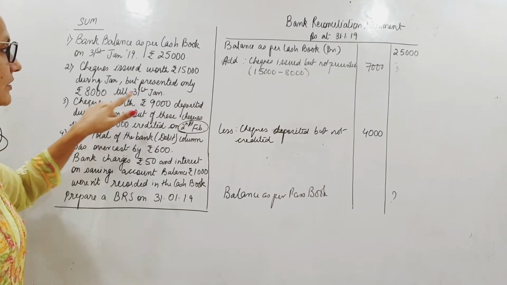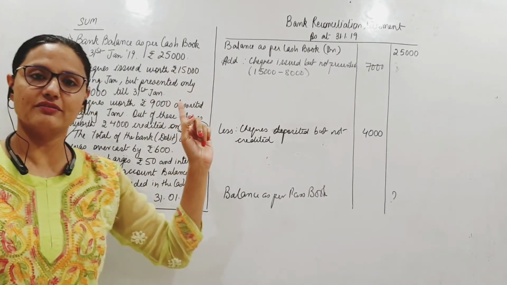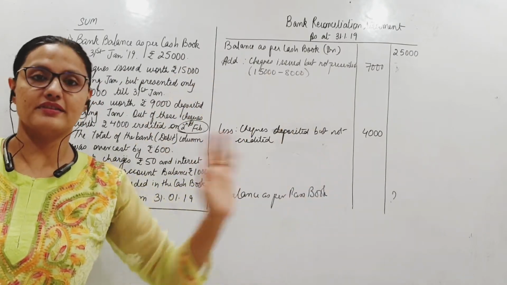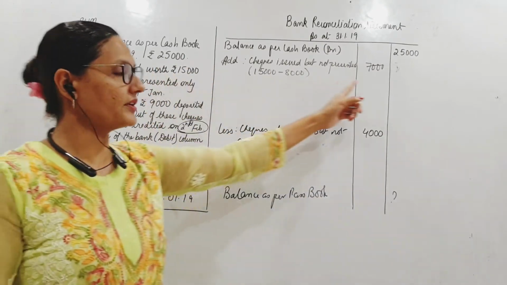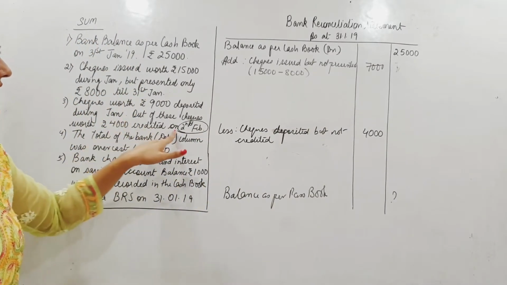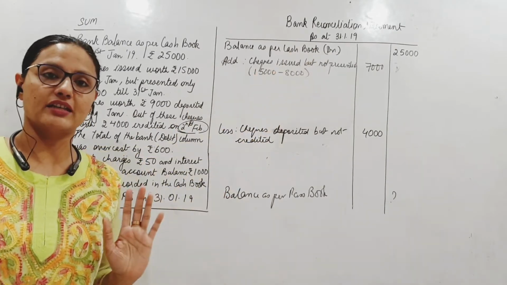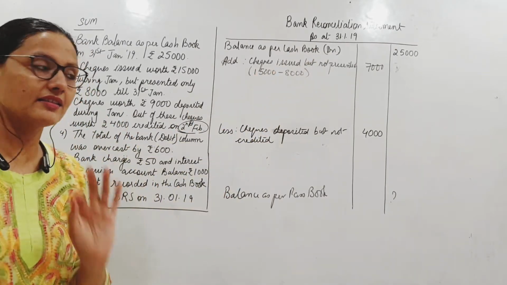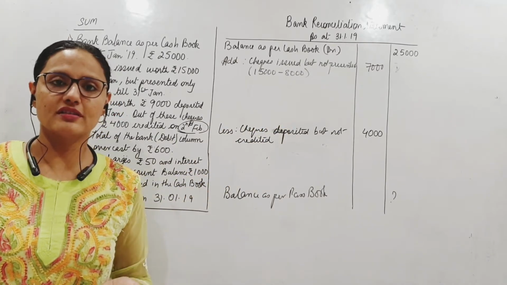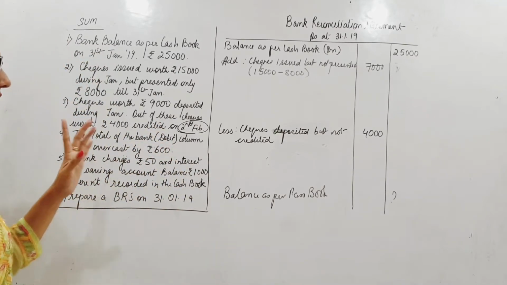Here 8,000 was given presented in the month of Jan. That will never cause a difference. Difference किससे होगा? The checks which are not presented. That is why I subtracted this. Here 4,000 worth of checks are credited on 2nd of Feb. Obviously that means they were not credited in January. That means that is the amount of check deposited but not credited. That should cause the difference. इसीलिए यहाँ पर minus नहीं किया 9,000 minus 4,000.